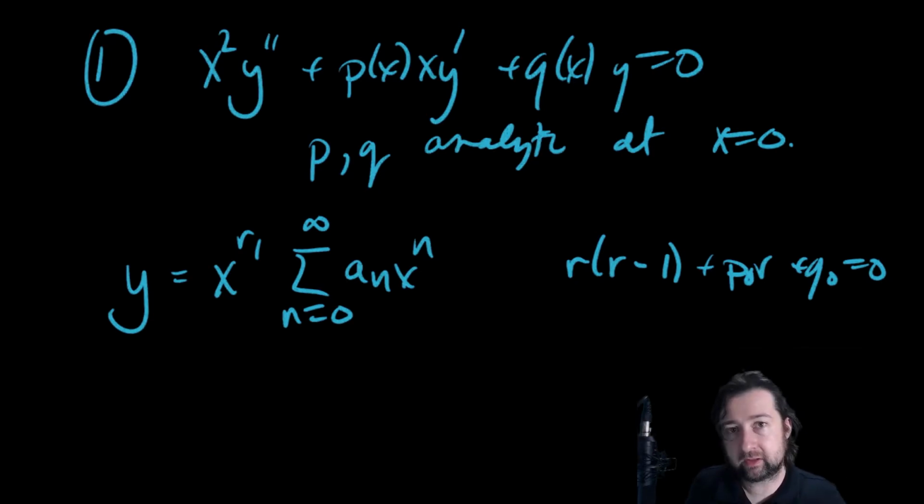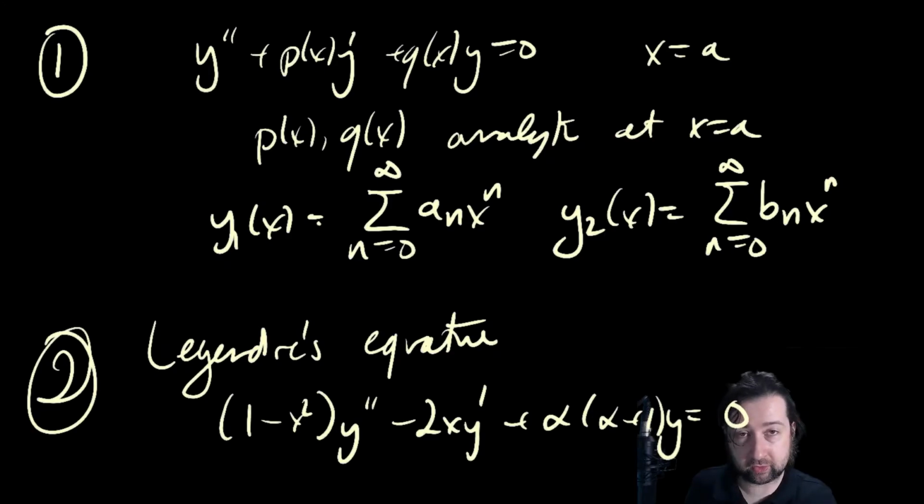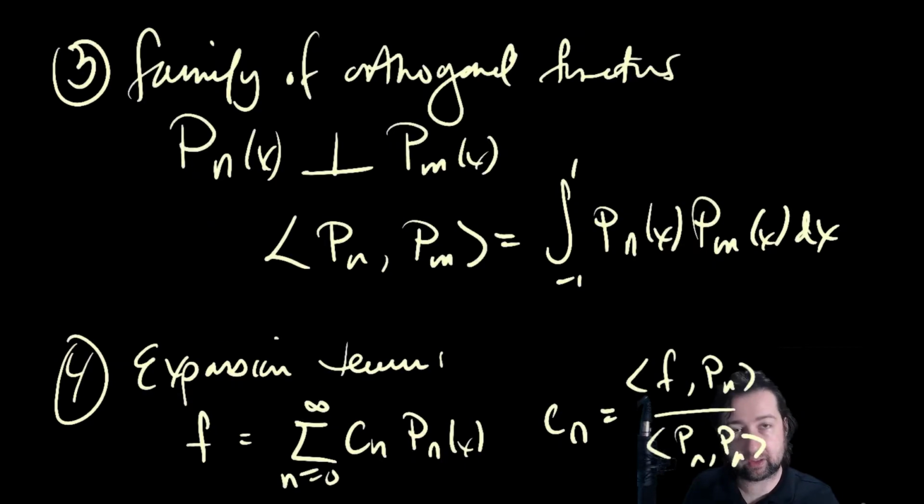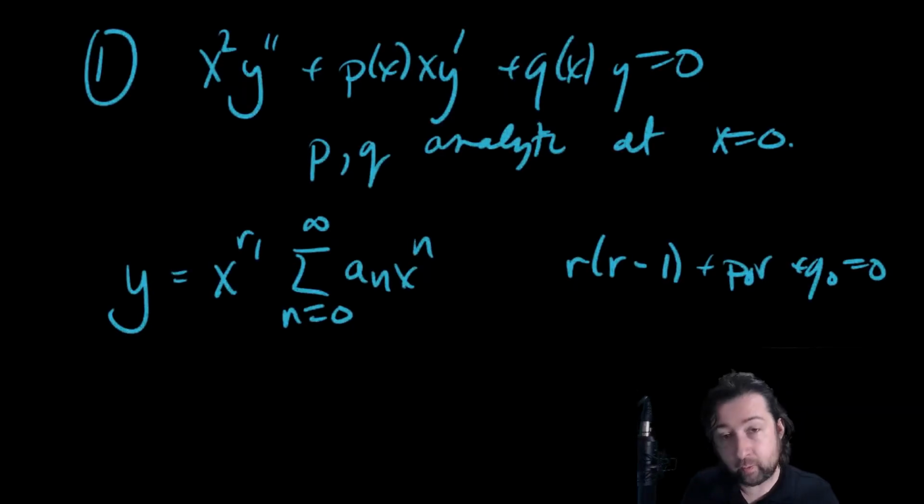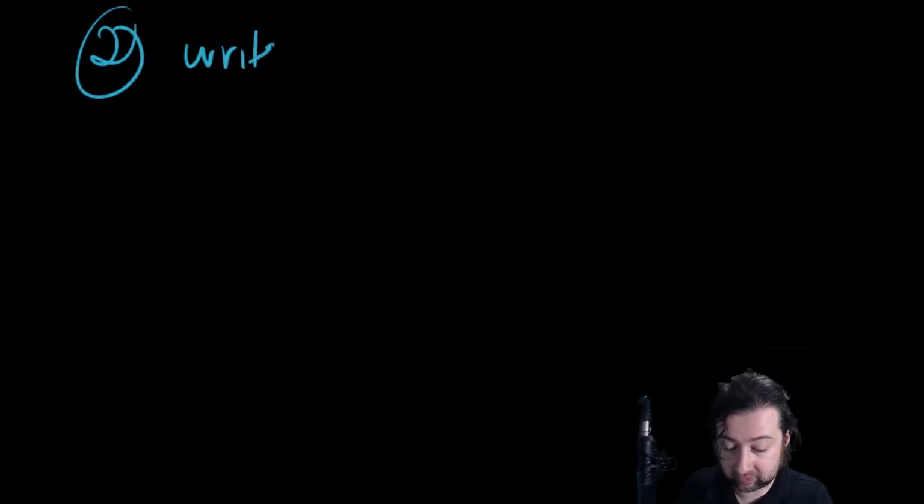What we want to do now is to see what we get access to that comes from the physical world. What new equation can we solve with this method? After all, in the previous section, when I had ordinary points, that got me access to Legendre's equation. And when I had Legendre's equation, I could use it to develop a family of orthogonal functions and show that we had a basis for an infinite dimensional vector space of functions, an expansion theorem. I want to do exactly the same thing here, which means that I need to write down a specific equation